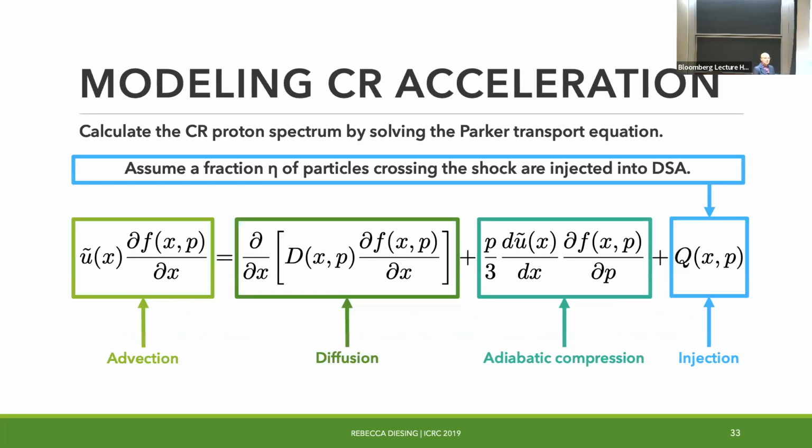And so the basic idea to do this in a semi-analytic form is you want to solve the transport equation for the non-thermal particles crossing the shock. So this is taking the results that we have in particle-in-cell hybrid simulations and reducing it to a 1D transport equation across the shock. This is a diffusion-advection equation where you say some fraction of the particles crossing the shock are injected into this DSA process, and then you let everything proceed. This is steady state. Is that okay? Yes. So the timescales for this acceleration are much, much shorter than the evolutionary timescale of the supernova remnant, which is what you care about.